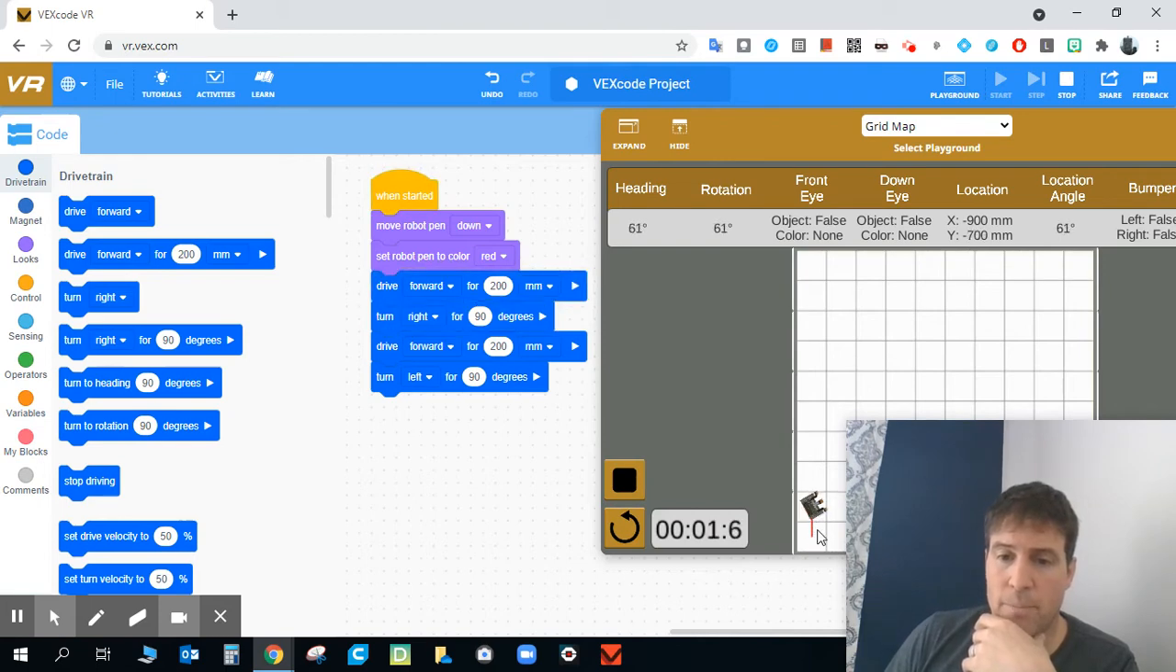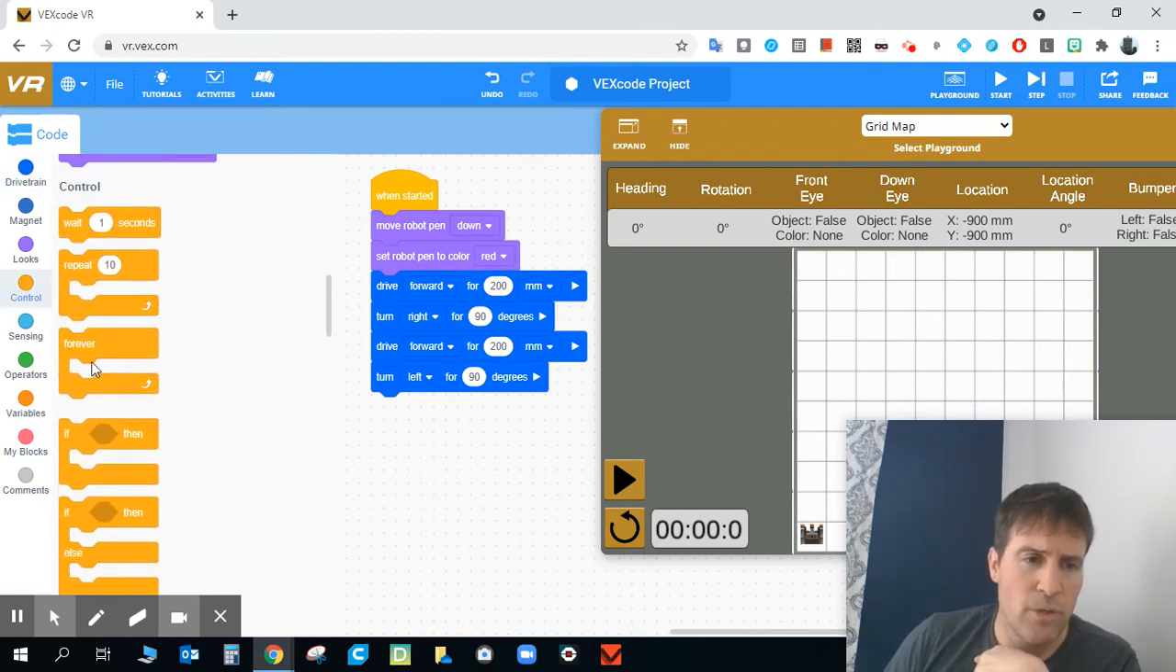You see the robot going up, turning, and going left, right? So that's all it did. It made basically a tiny little stair step. Now, if I want that to be a bigger stair step, I can go to Control and bring in a